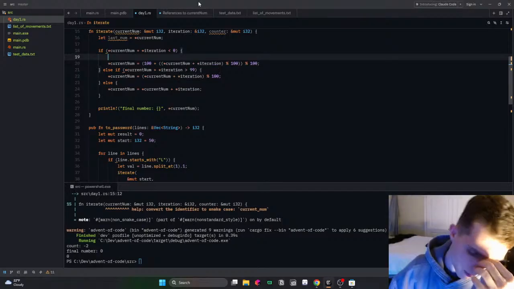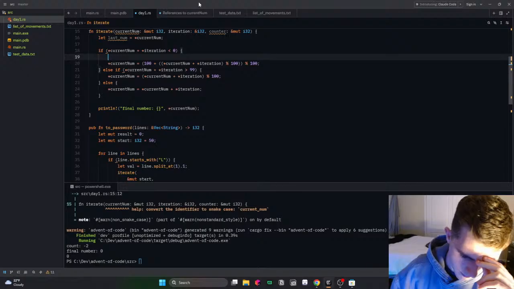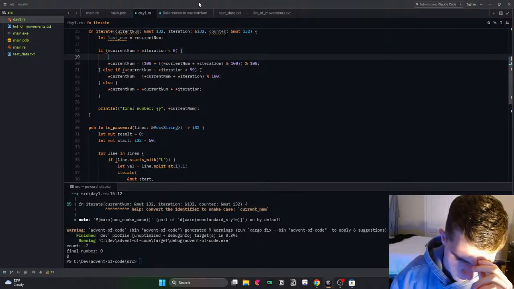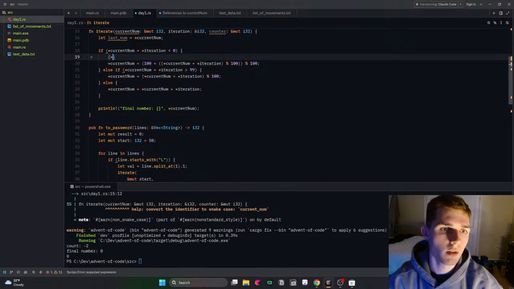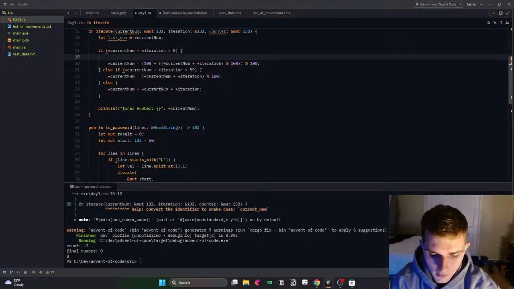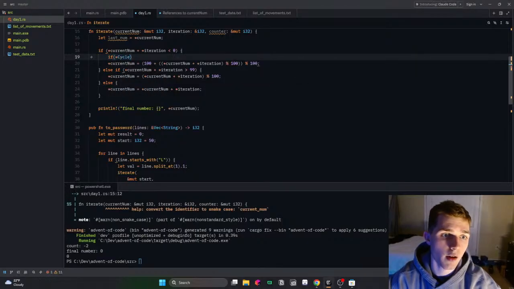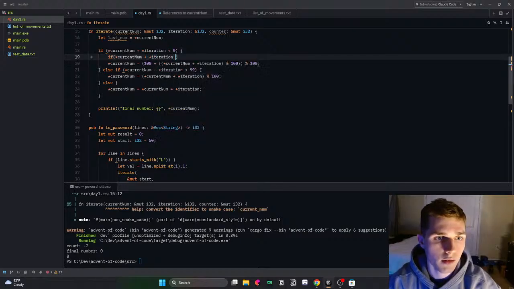If we're at 0 and we go right 99, we'd be at 99. And that wouldn't pass 0. So, if current num plus iteration is less than negative 99,